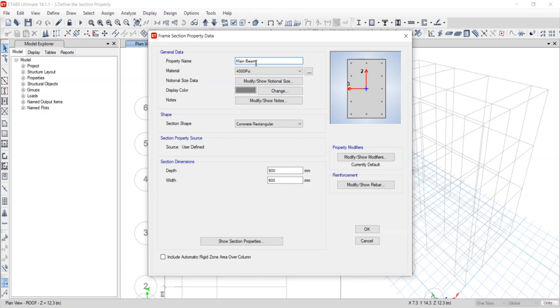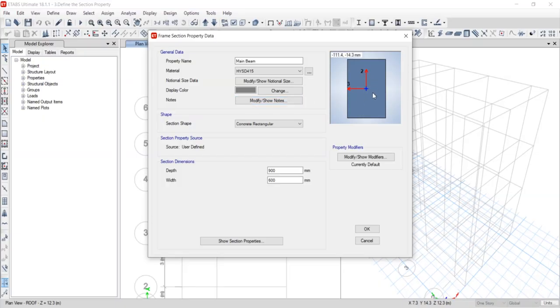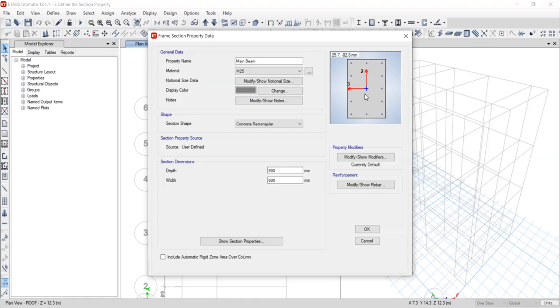From here you have to choose the material. You can see that all these things in gray are the concrete material. If you go here and click on M20, but if you go here and click on the steel material, you will see that this shows that you have selected the steel section. If you go to concrete, then you can see the changes from here. So now that we have selected the material as M25,